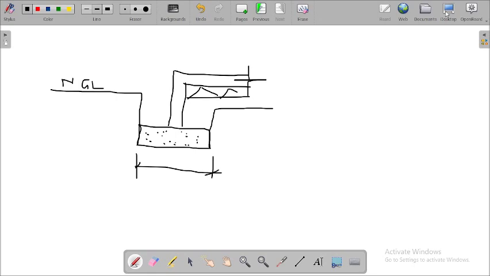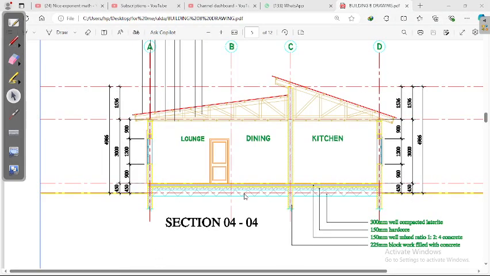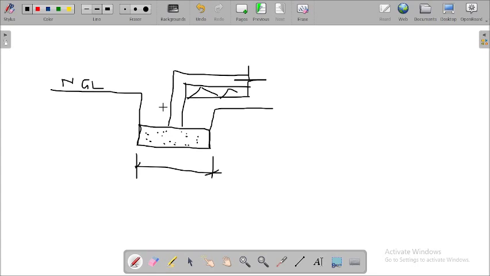From the drawing that I have, the wall we have is what? 225 block wall. So we can confidently say that the thickness of this wall here is